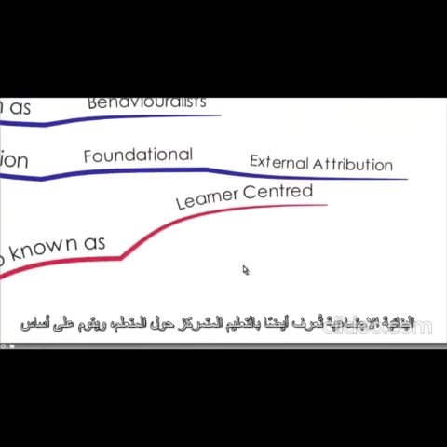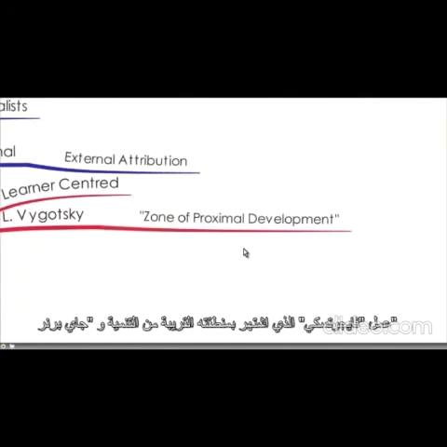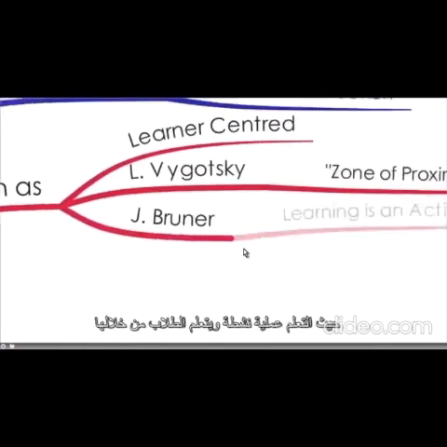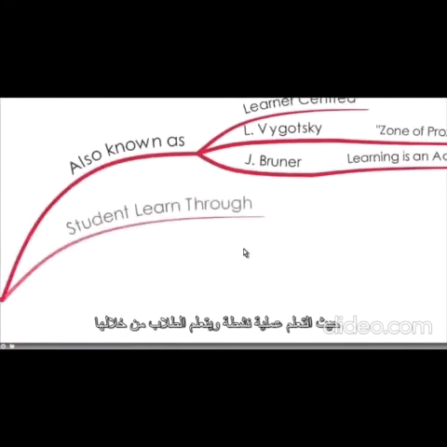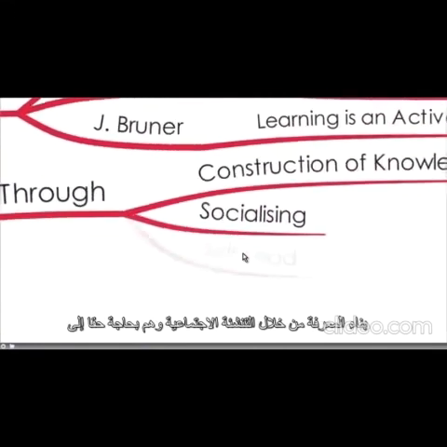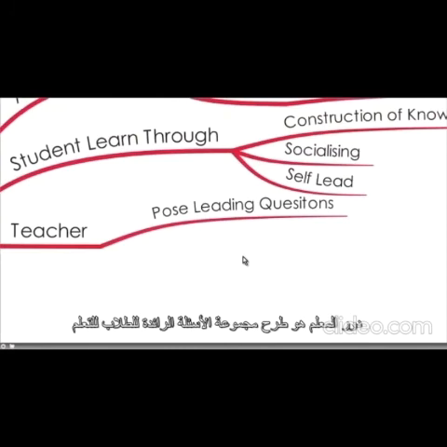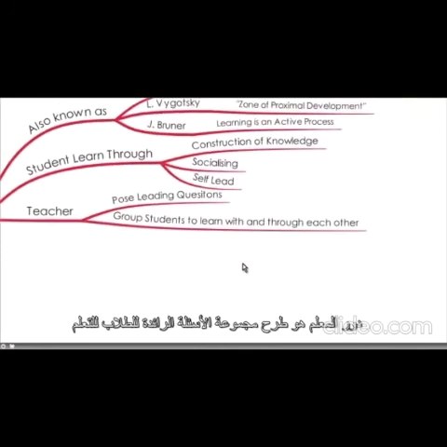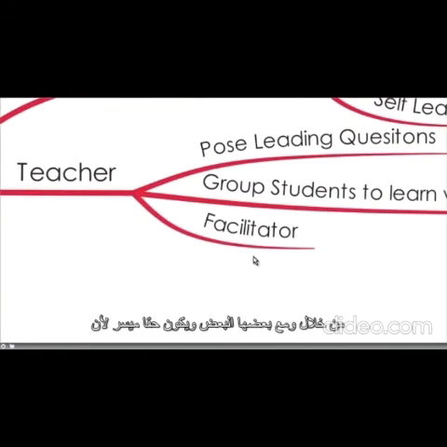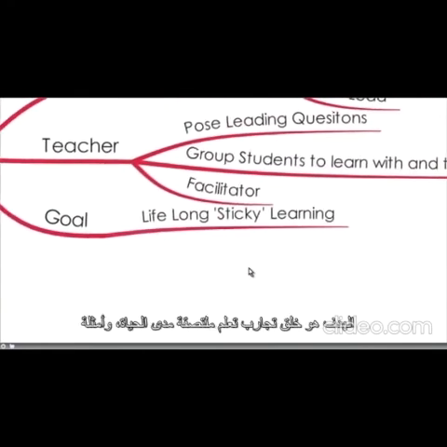It's also known as learner-centered learning, and it's based on the work of Vygotsky, who's known for his zone of proximal development, and Jerome Bruner, where learning is an active process. And the students learn through construction of knowledge, through socialising, and they really need to be self-led, so there needs to be some maturity here in the learner. And the teacher's role is to pose leading questions, group students to learn through and with each other, and really be a facilitator, because the goal is to create lifelong sticky learning